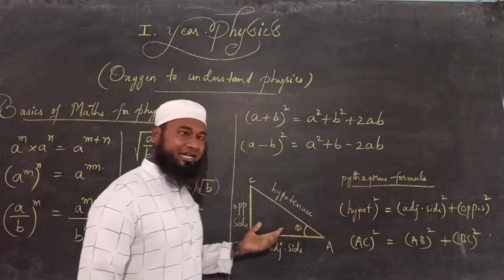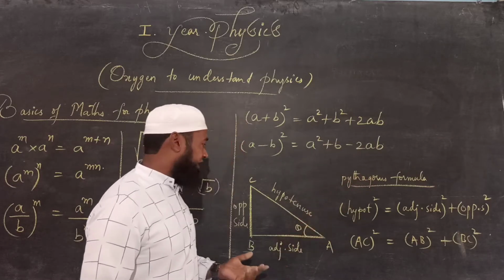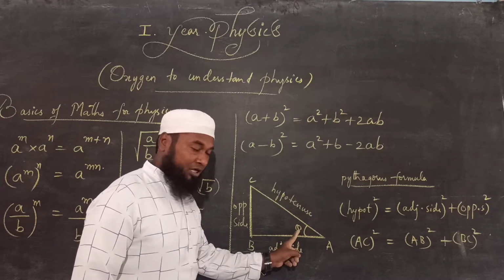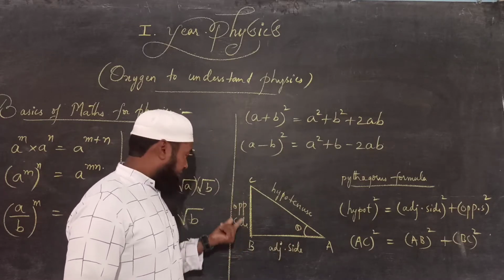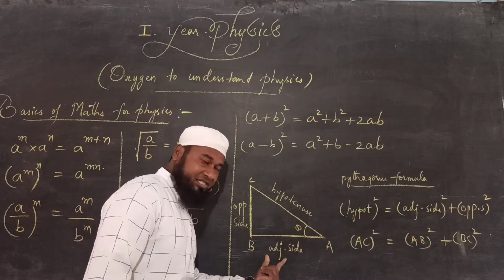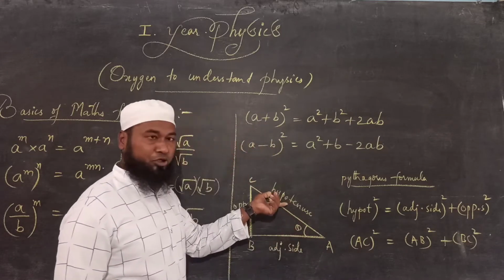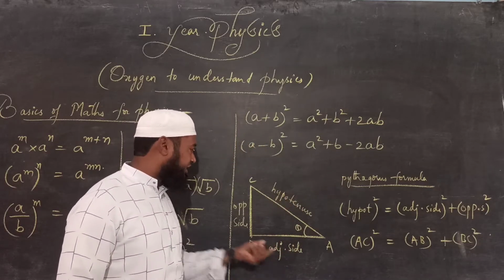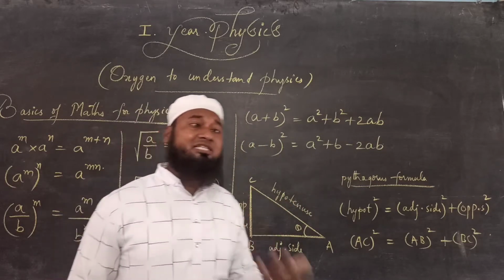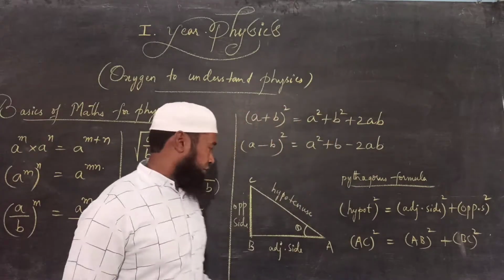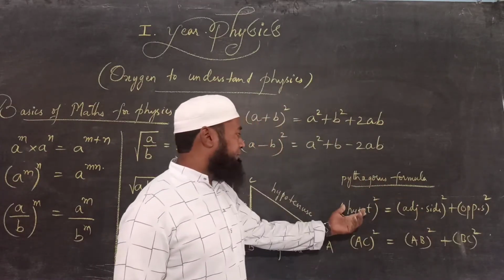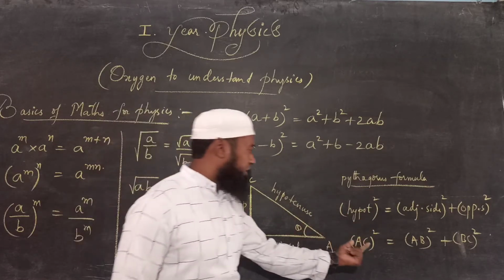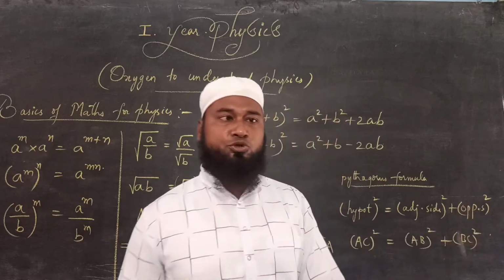Pythagoras theorem is applied on a right angle triangle. How will we get the formula? You have to know the right angle triangle. Wherever theta is there, the side opposite to theta, the side adjacent to theta, and the inclined side is called the hypotenuse. There are basically three named sides for a right angle triangle: hypotenuse, adjacent and opposite. To which side will you call it opposite? The one to which theta is not attached. Now the formula for Pythagoras theorem is hypotenuse square is equal to adjacent side square plus opposite side square. So AC square is equal to AB square plus BC square.